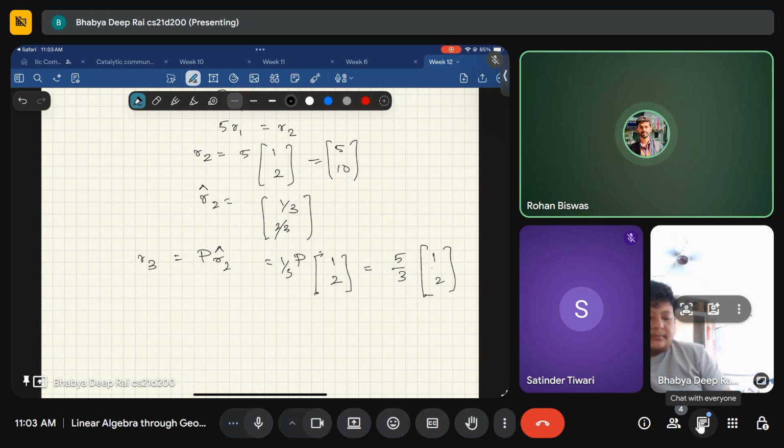Whatever is outside, it will get cancelled out while dividing it by the denominator. Again, we'll do R3 cap. So if I find R3 cap,